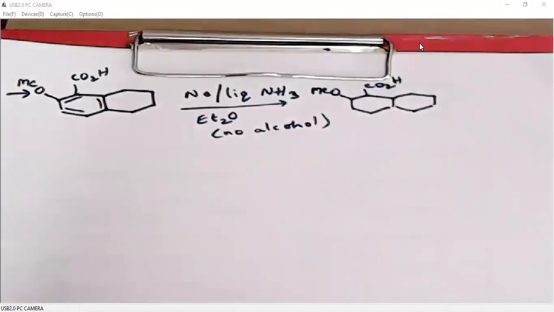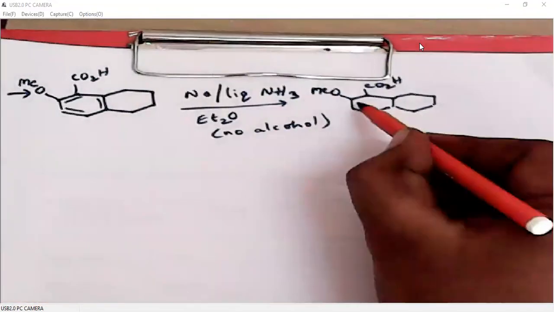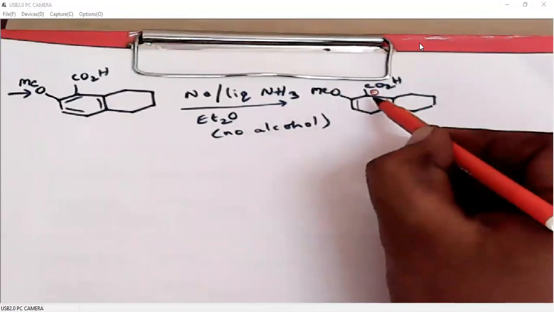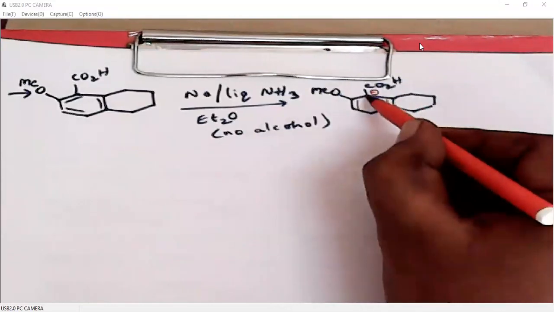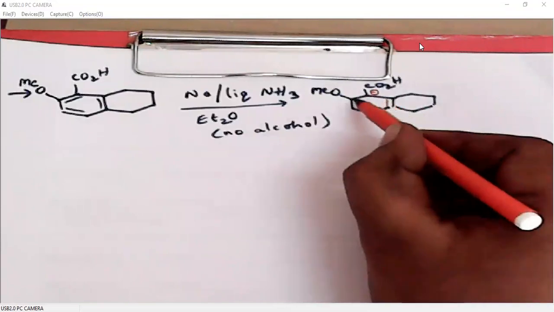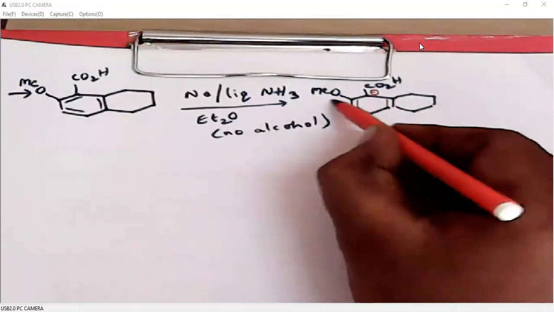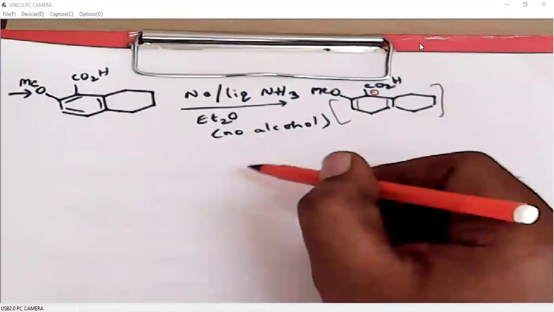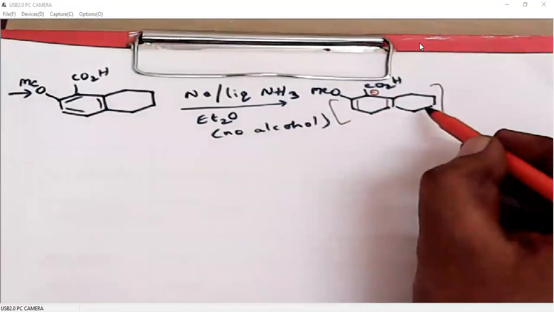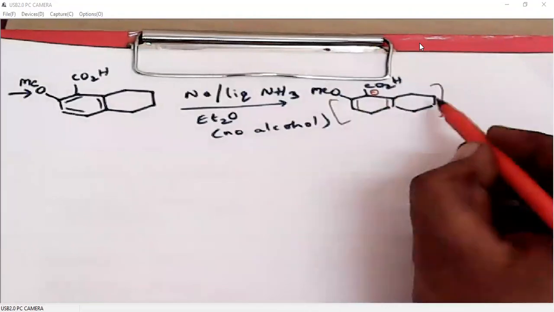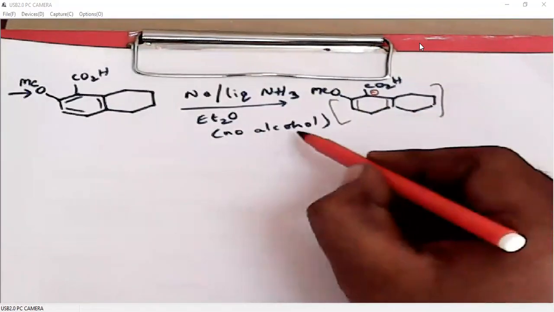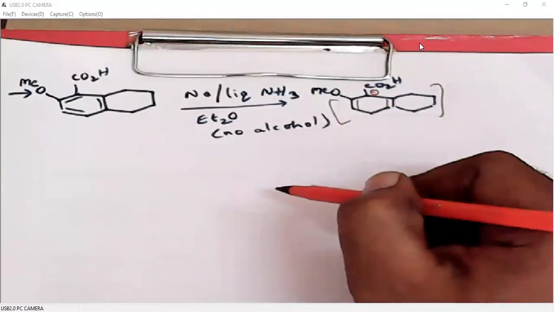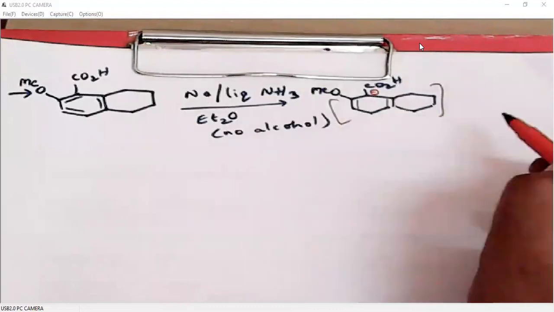Here we will have the anion, because it is a withdrawing group, so the anion can be stabilized according to this 1,4 carbon. So 1, 2, 3, 4th carbon. This will be there because we are not adding alcohol. If we have one more aromatic ring, then it is possible to reduce that also if we don't add alcohol. When we add alcohol, then sodium will be quenched, and this anion also will be quenched.